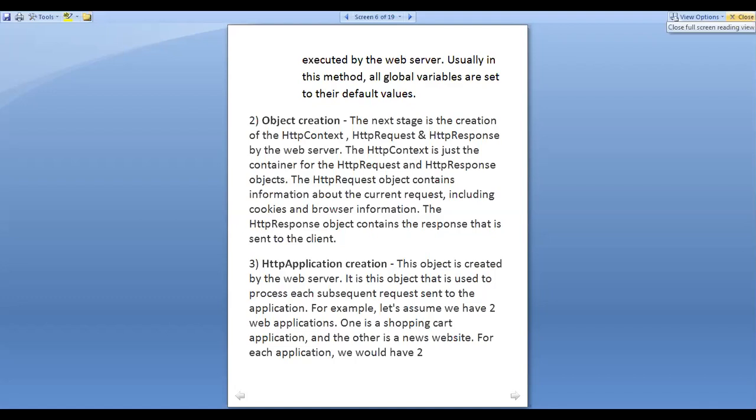So it contains all the information required for the current request, which can include the cookies, browser information, everything. That's why for retrieving the cookies, we generally make use of the object called request. And similarly, the response object contains the response that is sent to the client.